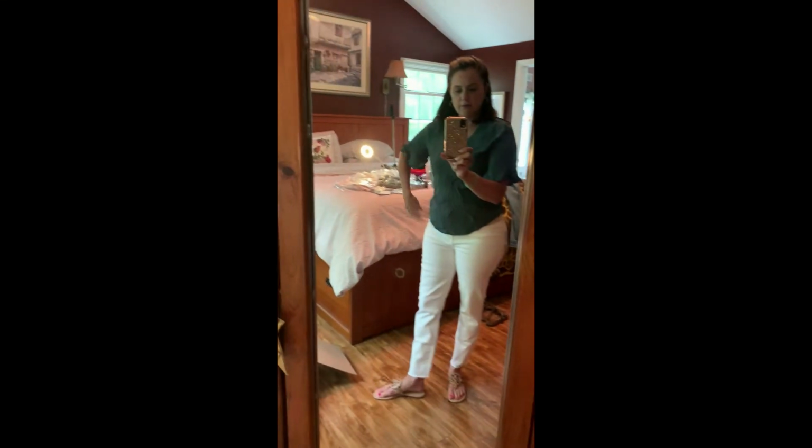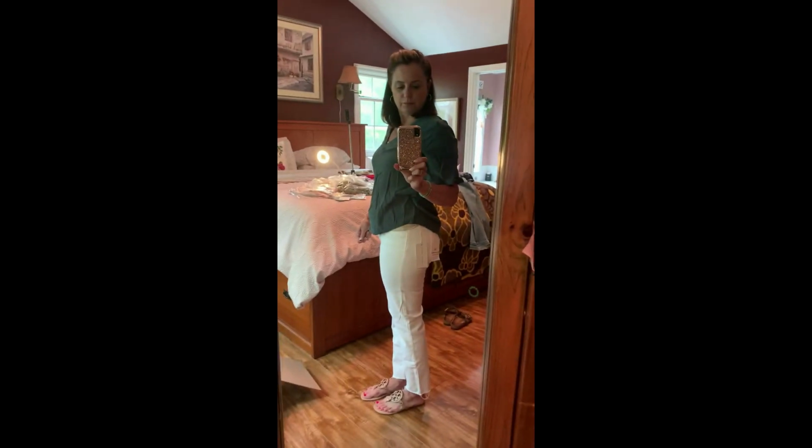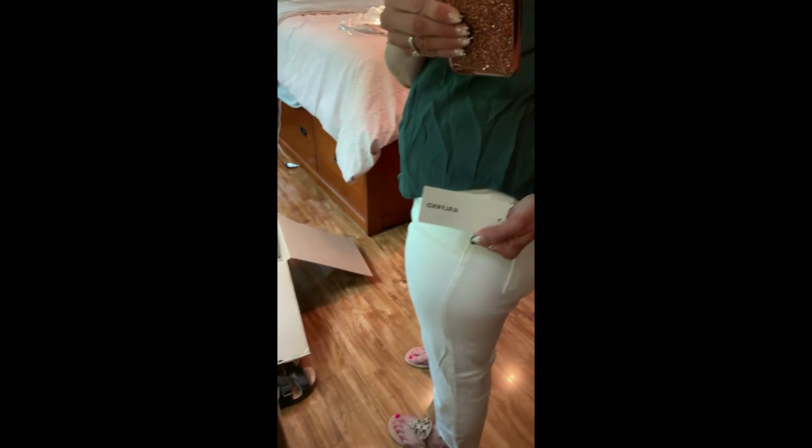Okay, so here's outfit number one. Here are the pants. And these are the sandals. These are Tory Burch. And they are very, very cute. I like them. I like them with the frayed edges of these pants. I do like these pants. These pants are girlfriend, it seems. They have a button